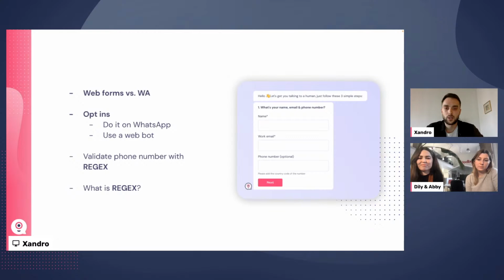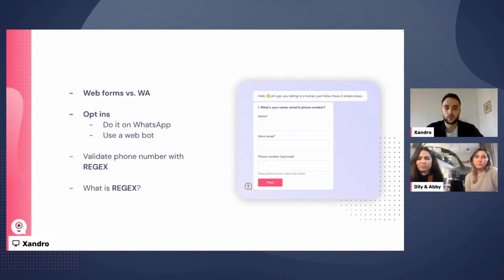What can happen in the web case is that users will write their number in a wrong format, or forget the country code, and WhatsApp is very specific about how they like their numbers. That's why we'd like to introduce you to Regex.